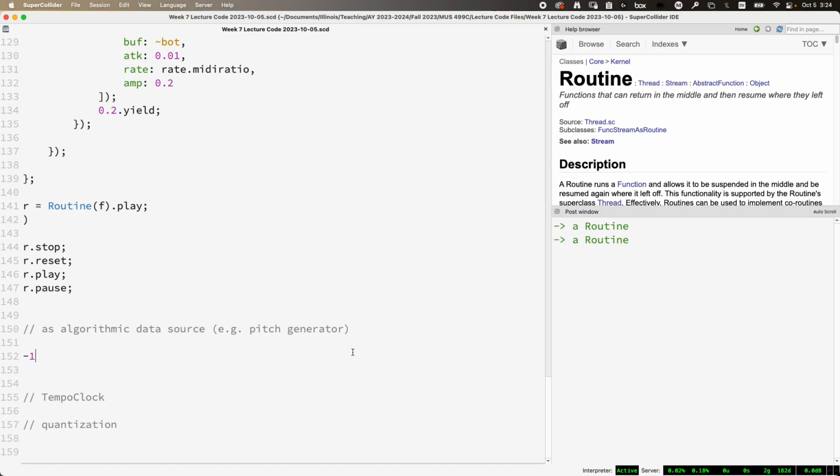So what we need is some sort of function that we can say, give me the next value, give me the next value, and have it remember where it is, so it remembers when it needs to go back to -12. You get the idea. We can build this with a routine, essentially. So we'll say pitch function. We're going to make another function,